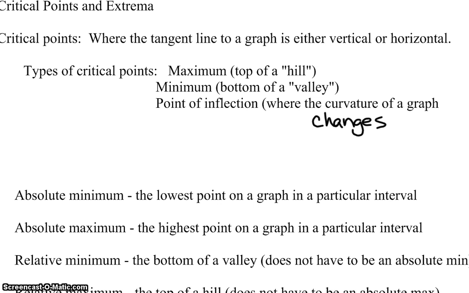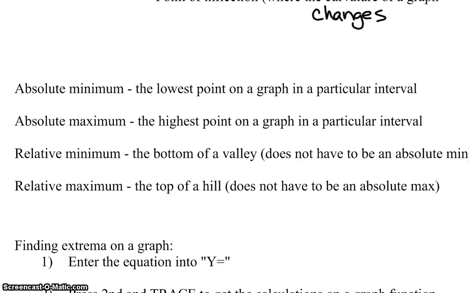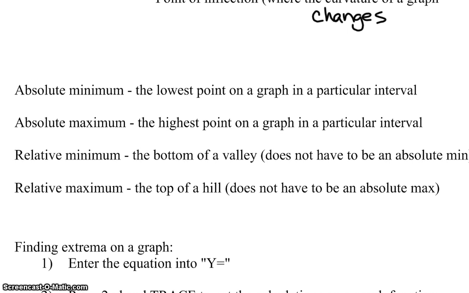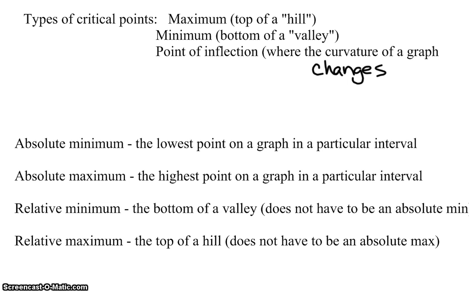Now, if you're looking at a graph, an absolute minimum happens at the absolutely lowest point on the graph. An absolute maximum is the absolute highest point on the graph. A relative minimum is at the bottom of a valley, but not necessarily the lowest point on the graph. And a relative maximum is the top of a hill, but not necessarily the highest point on a graph. So, for example, if I had a graph that looks like this,